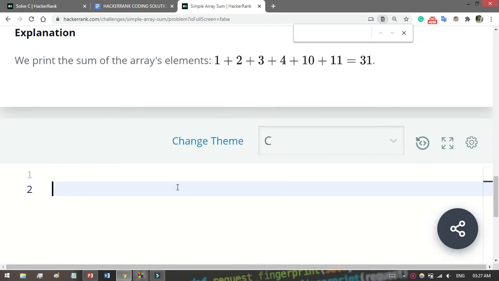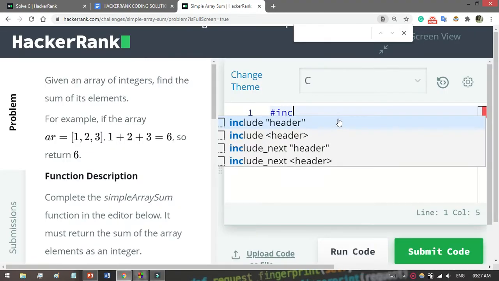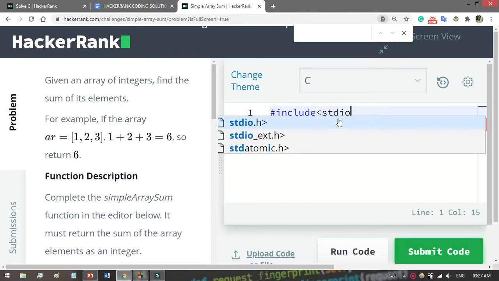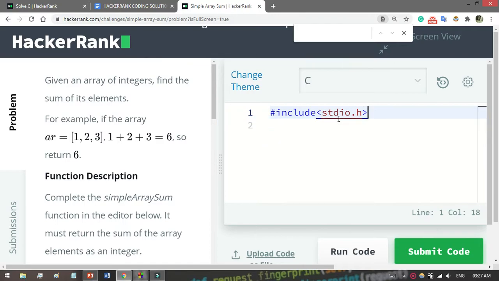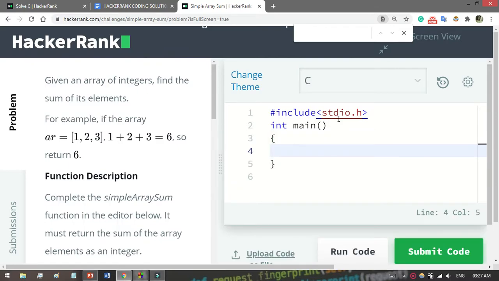So let's start coding. At first I have to write include stdio.h, then int main. Then what I have to do, curly braces, you know as well.